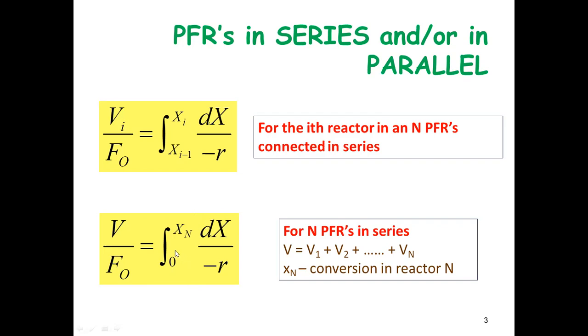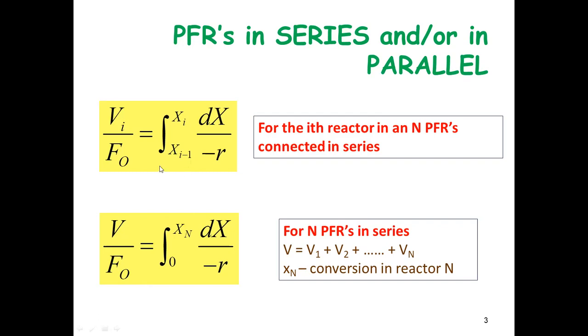This is just for the case wherein the feed that is being processed is partially converted already. Again, take note of this formula for the performance equation of N PFRs in series, where V is the sum of the volumes of the individual PFRs and X sub N is the conversion on the Nth reactor. This one in form is comparable to this form that you have in here, all being used for